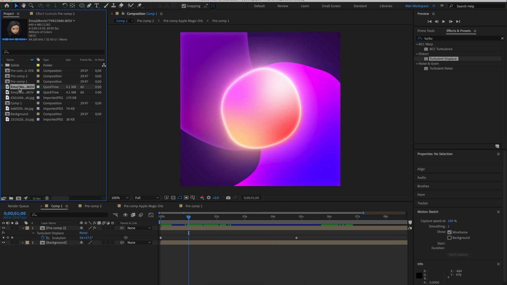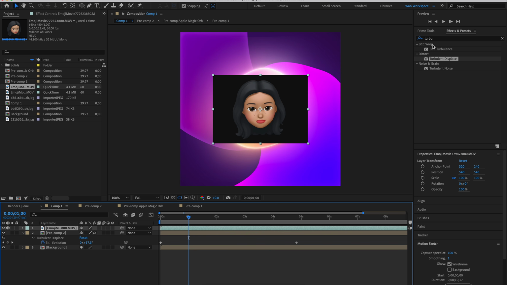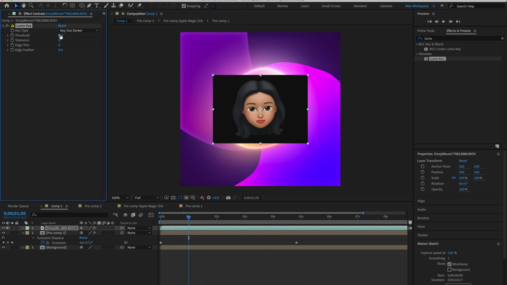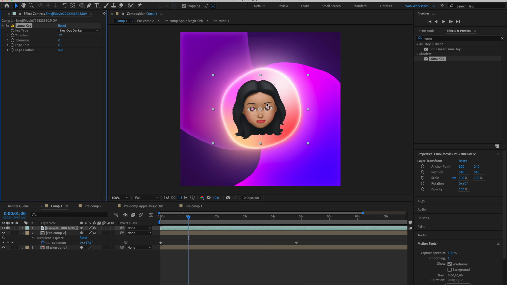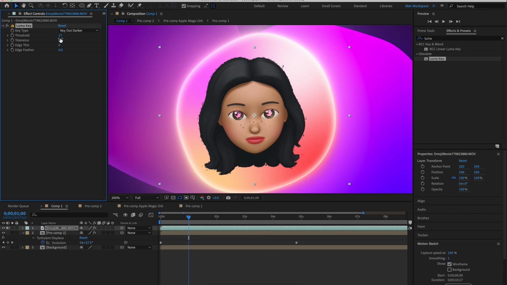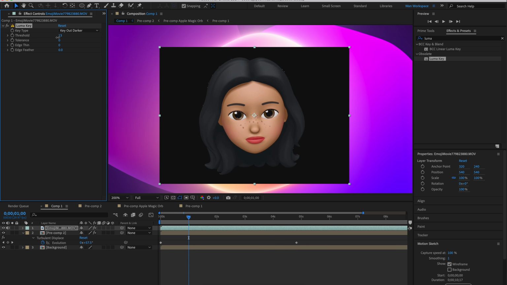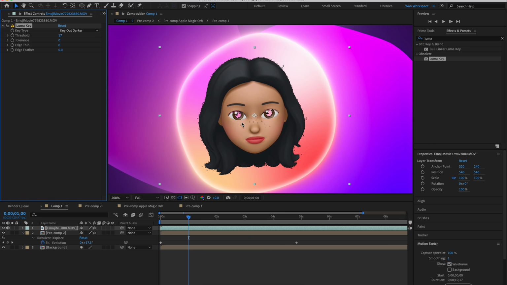I literally made one just for her. But anyways, we're going to add luma key to this because we want to remove that black background, and then we're gonna add that on there, and then we're gonna increase this amount, but don't do too much because her eyeballs are low-key gonna disappear. So you have to be very careful. If you do make her eyes black out, what you can do is increase the tolerance, but